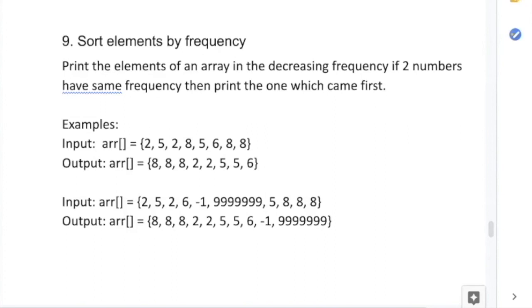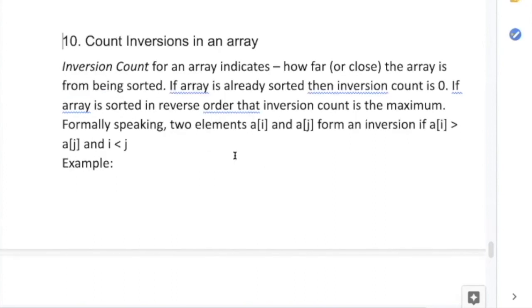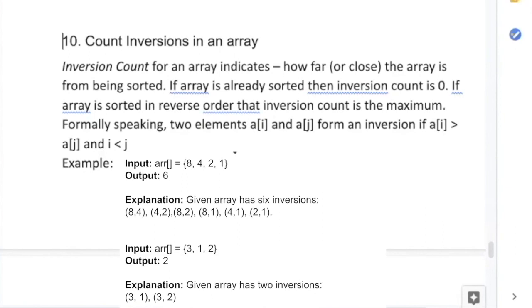Now question number 10. Anybody tried question number 10? The question simply means that whenever you have an array and whenever you have to do a swapping, we do a swapping when the right element is smaller than the left element, right? That is only when we do a swapping. And that swapping is what they call an inversion, right? So basically you have to figure out, given an array, how many times in that array you will have to do the swapping. This is what you have to figure out and tell.